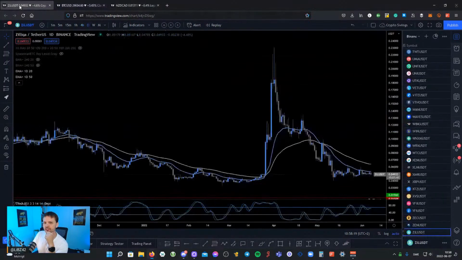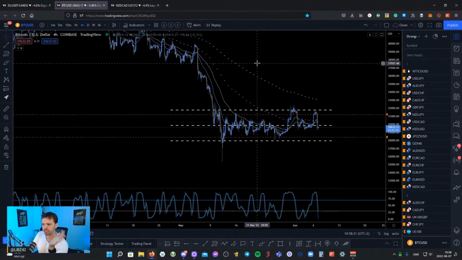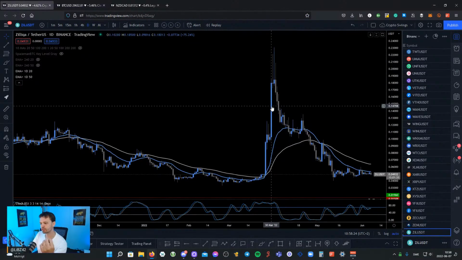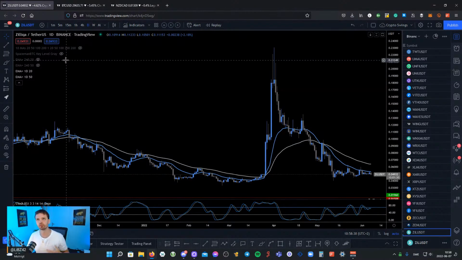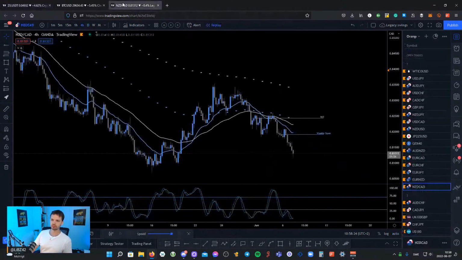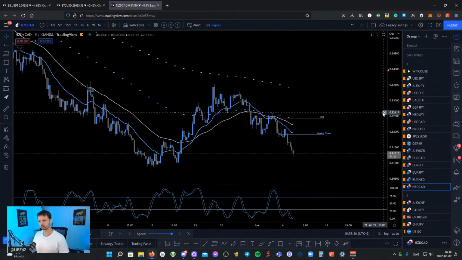So basically, just a recap here: Bitcoin is in range. Bitcoin is in a major overall downtrend, and I'm not looking to buy Bitcoin, buy Ethereum, or buy any other altcoins until we have a confirmed break in market structure on Bitcoin. And I'm actively looking at the Forex market, and also,